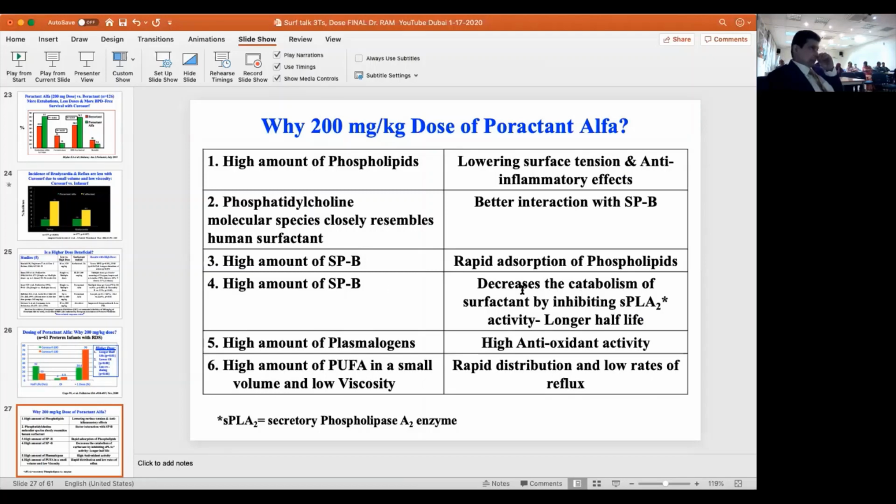I also showed you that with SP-B, you decrease metabolism of surfactant by inhibiting the enzyme secretory phospholipase A2, leading to longer half-life. High amount of plasmalogen has very good antioxidant activity. Remember, preterm babies have less antioxidant enzymes that are developmentally regulated. High amount of polyunsaturated fatty acid helps to rapidly distribute and also